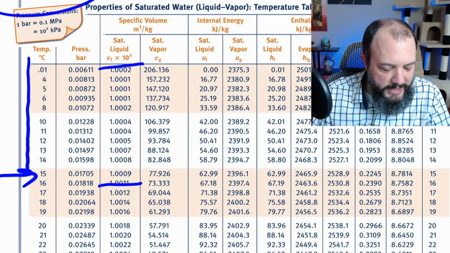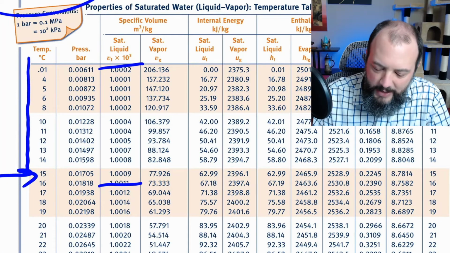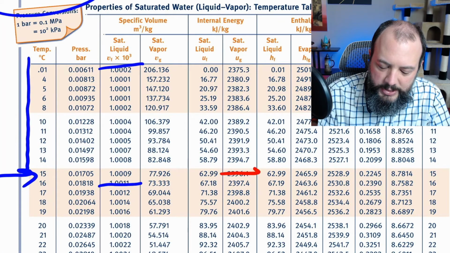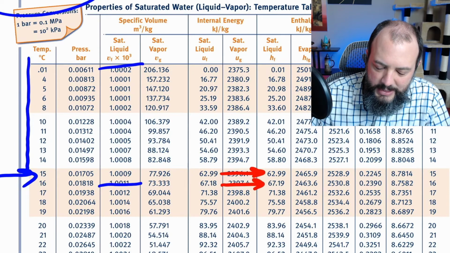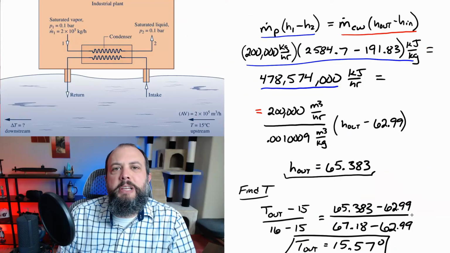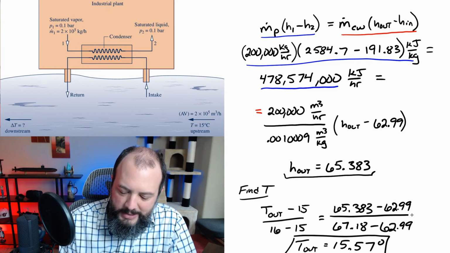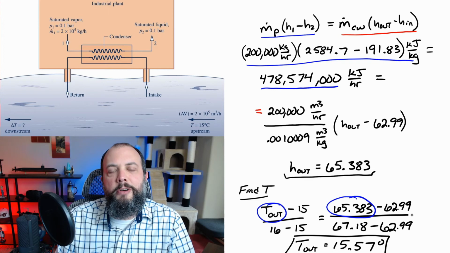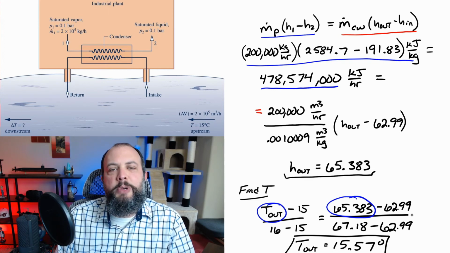So heading back to table A2, you can see that our enthalpy value of 65.38 is going to fall in between these two. So we're somewhere in between 15 and 16 degrees. So I'll set up my interpolation ratios with temperatures on the left-hand side and enthalpies on the right-hand side, where in both cases, the top left term is the term that I am given or need to find, and then the other three terms are from the tables. And plugging in numbers, we get an outlet temperature of 15.57 degrees,